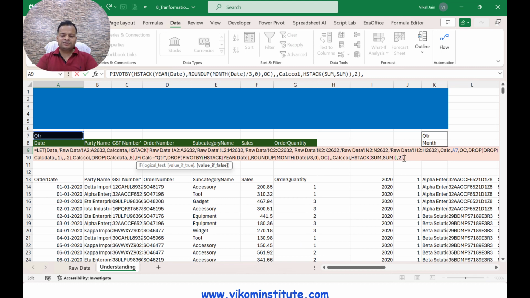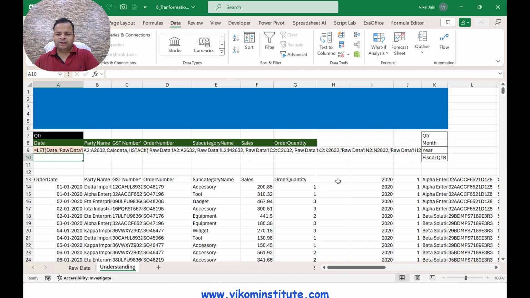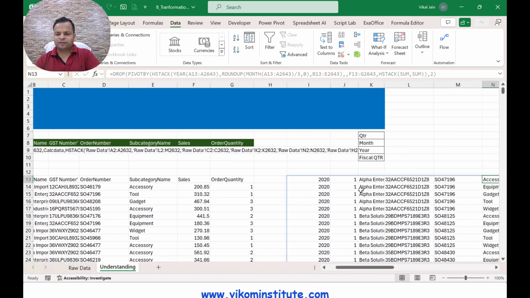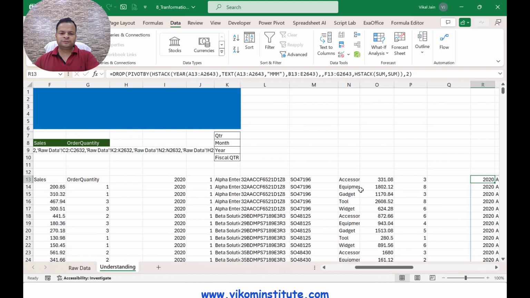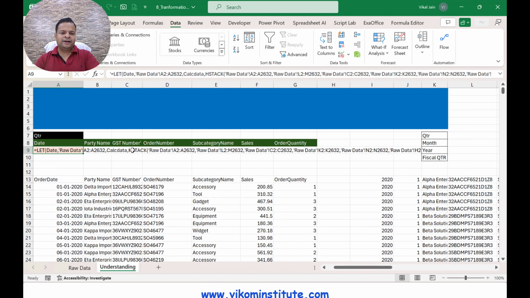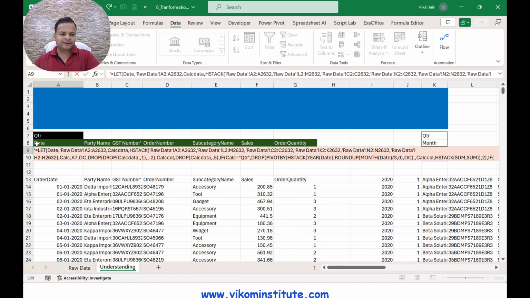Now in the false we will check what? We will check another if. If this is not a quarter, then it is going to be a month. Again I'm going to stop here, I'm going to copy the formula of the month, so I'm going to simply put a single quote over here. Now I'm going to take the month function here. I'm going to copy the month function and paste it over here in the second if.